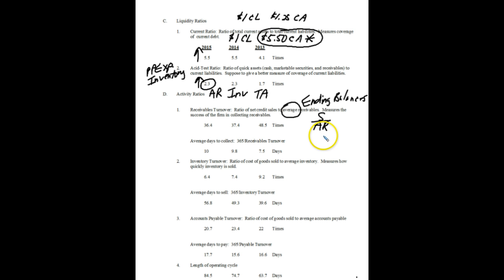So you just use what you can have. I wanted to have 3 years, and in order to do that, I had to just let the ending balances suffice. Okay, so here we can